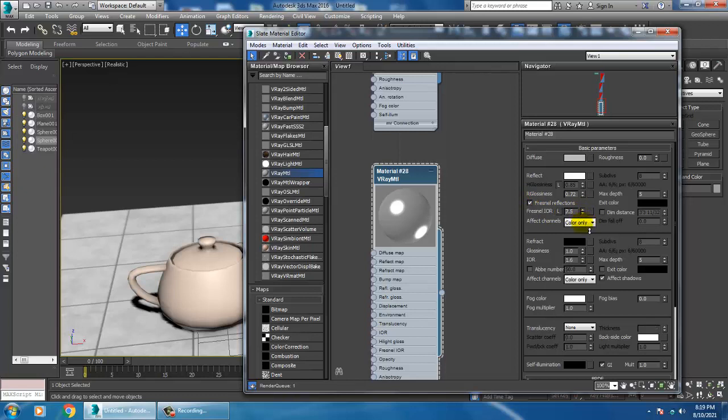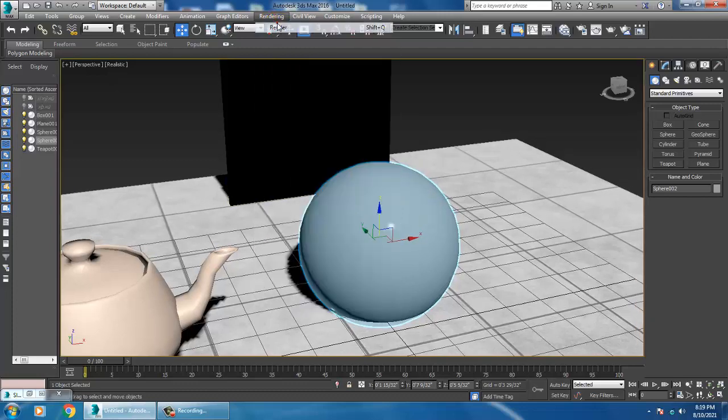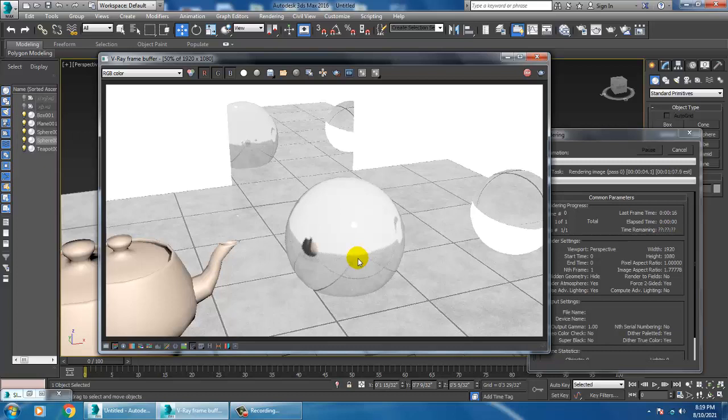Okay, as you can see, the less specular, now you will see higher reflections over here. Let's just render and see how it looks like. You get some kind of reflective properties over here.